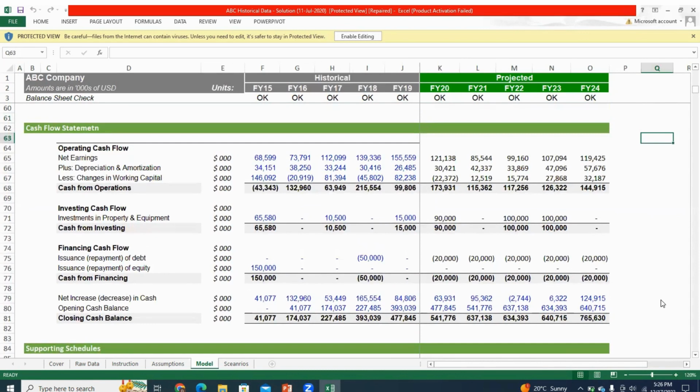Yes, I have operating cash flow starting from net earning, where it is linked to the income statement. I have income statement items, net income, depreciation, and working capital changes come from the balance sheet. I have investing cash flows, which show investment in property, plant, equipment, which is also linked to the balance sheet. See here,